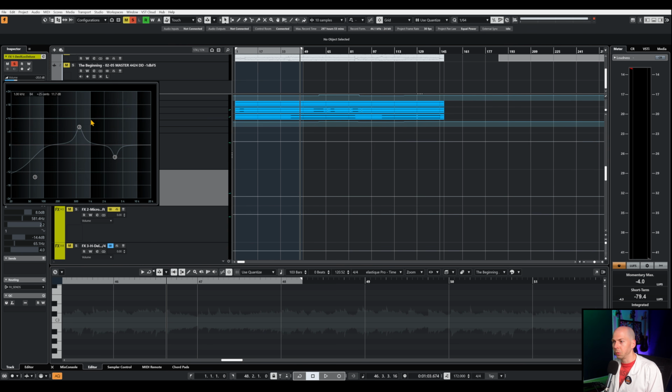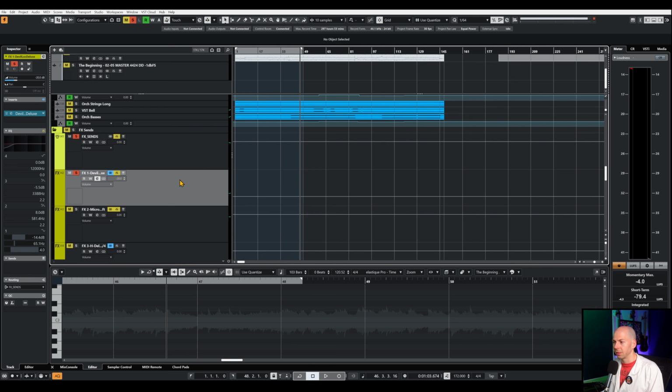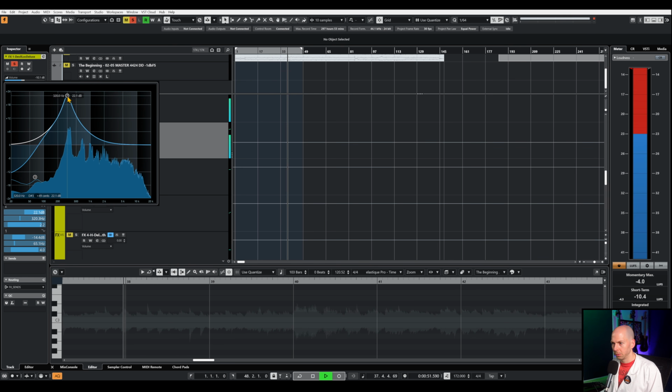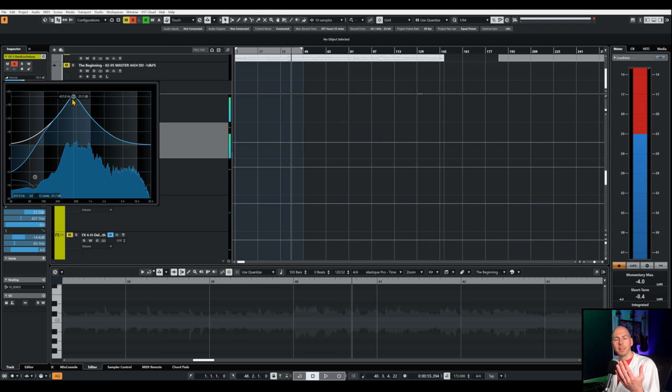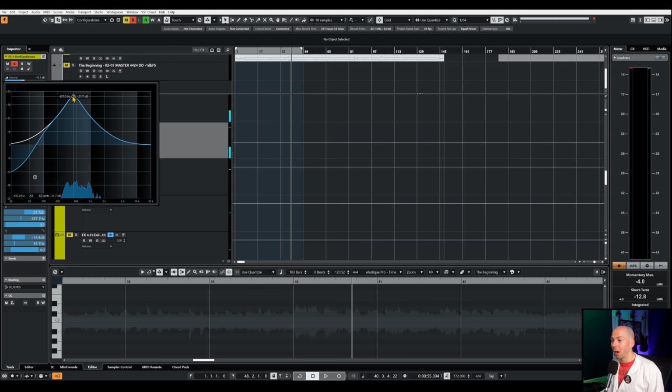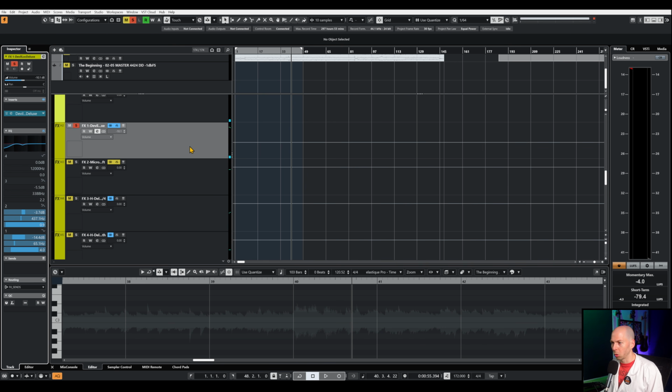So let's try to find gross frequencies with this distortion sound effect, and then we should be good to go. Oh, right here. It sounds like someone's covering the mouth of the vocalist on our distortion track, so let's